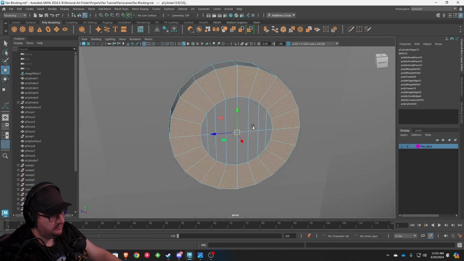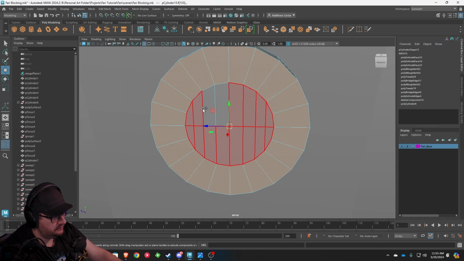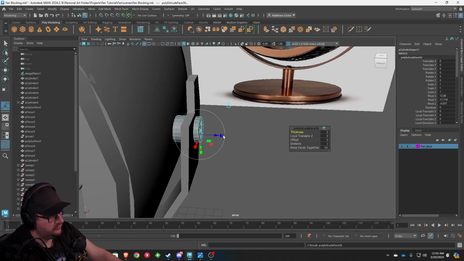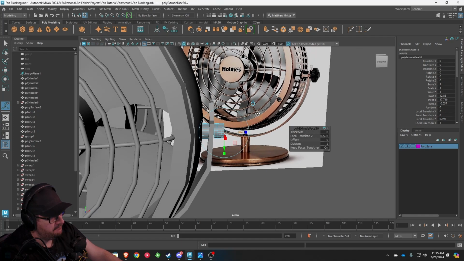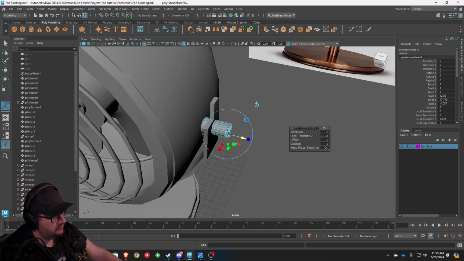So we're going to focus on this. You can hit F to focus. I'm going to drag around, select everything there, and then we're going to extrude this again. And this is where we're going to actually kind of build this out. So we're going to extrude one more time,